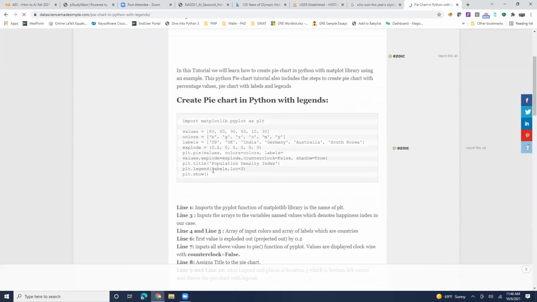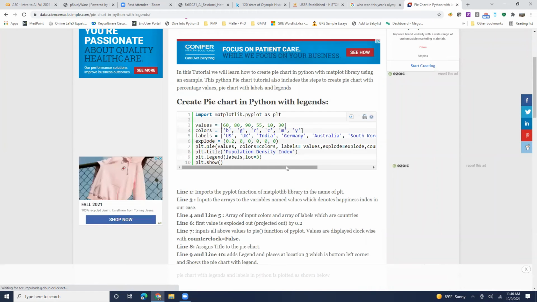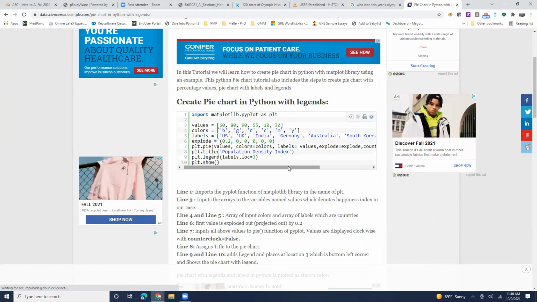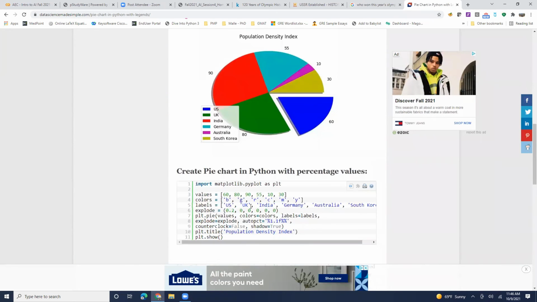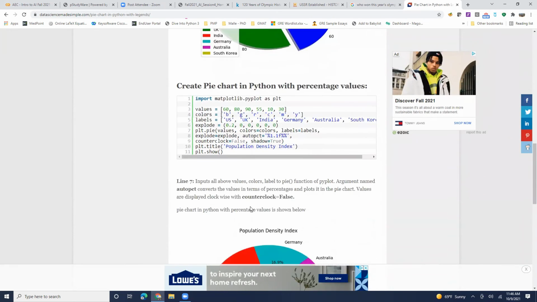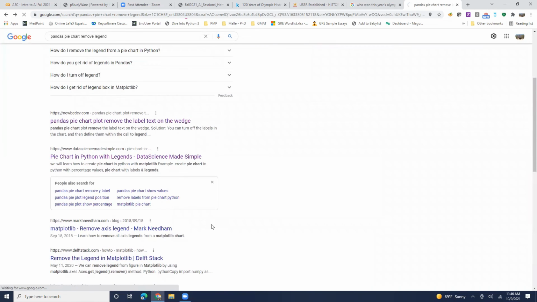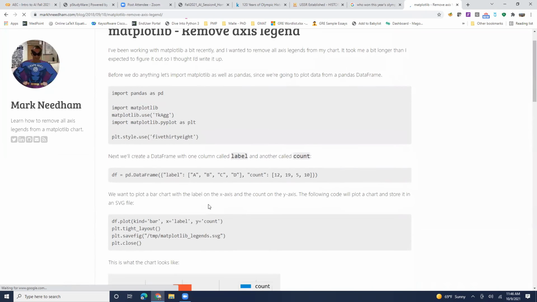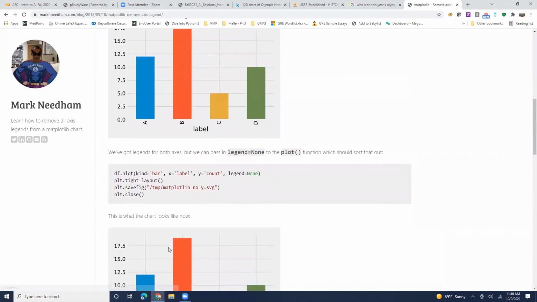So my labels, colors. This is with Matplotlib. Yeah, I'm not sure. Remove axis legend. Let's see. Where did they remove? Oh,